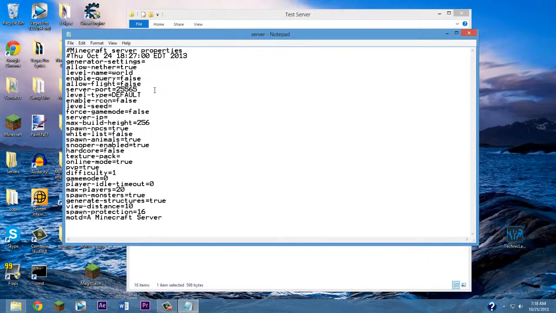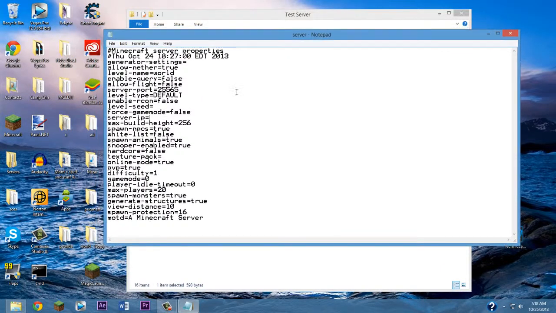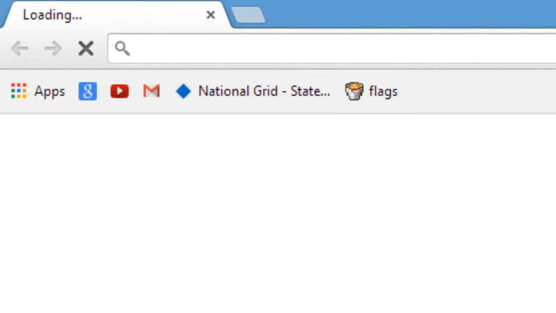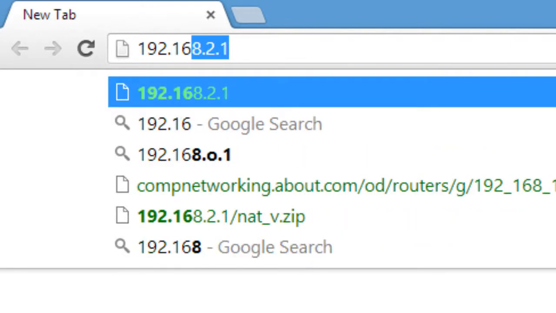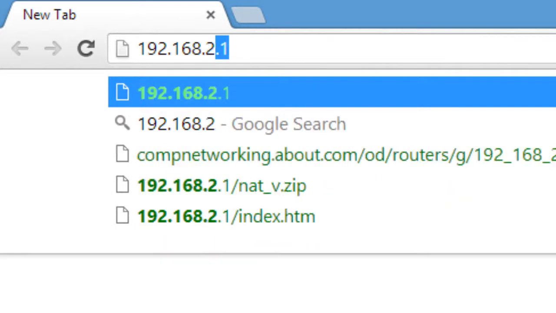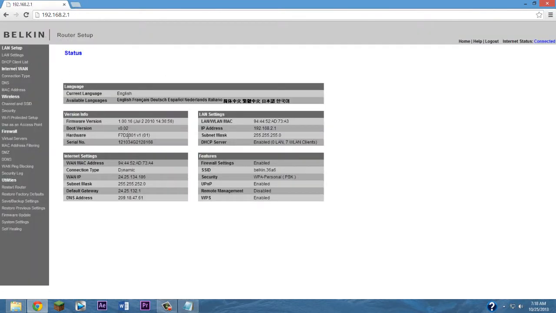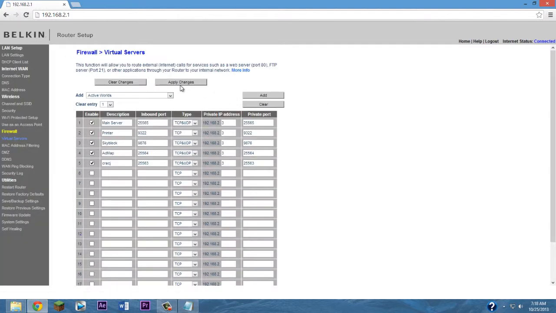So for your server IP, you're going to need to open up your internet browser, any one, and type in 192.168.2.1, and then open that up. Don't even search for it in Google. You probably will be taken to a Netgear page, but if not, you'll be taken to a Belkin page. If you're on Belkin, like I am, you're going to click here, sign in first of all, then click here,